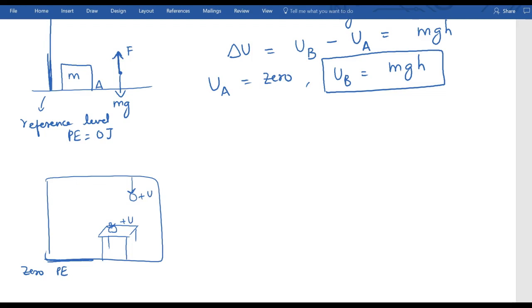But if I choose the table as my 0 potential energy, then an object on the floor is certainly going to have negative potential energy because it's below the zero potential energy, whereas an object